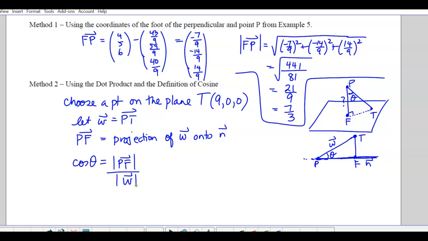We know that the dot product of W and N gives us the magnitude of each times the cosine of the angle in between them, theta. So that means if we solve for cosine here,